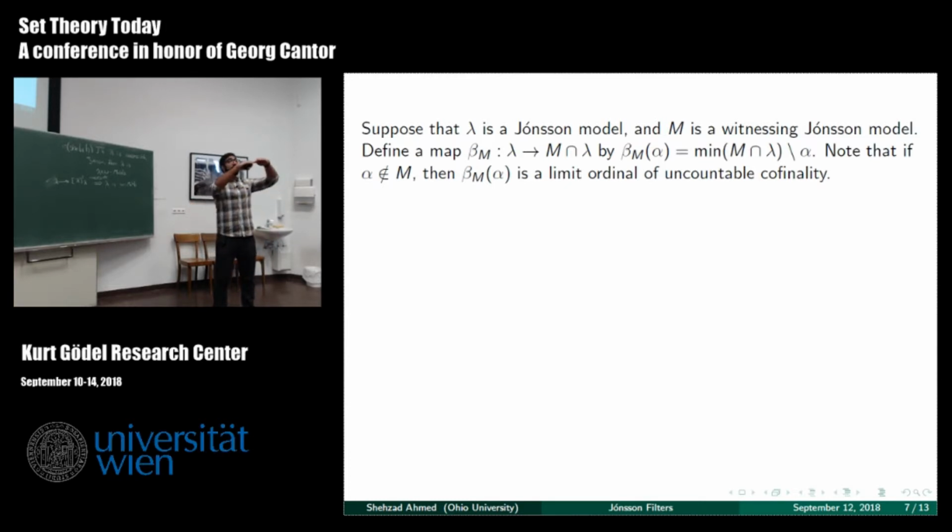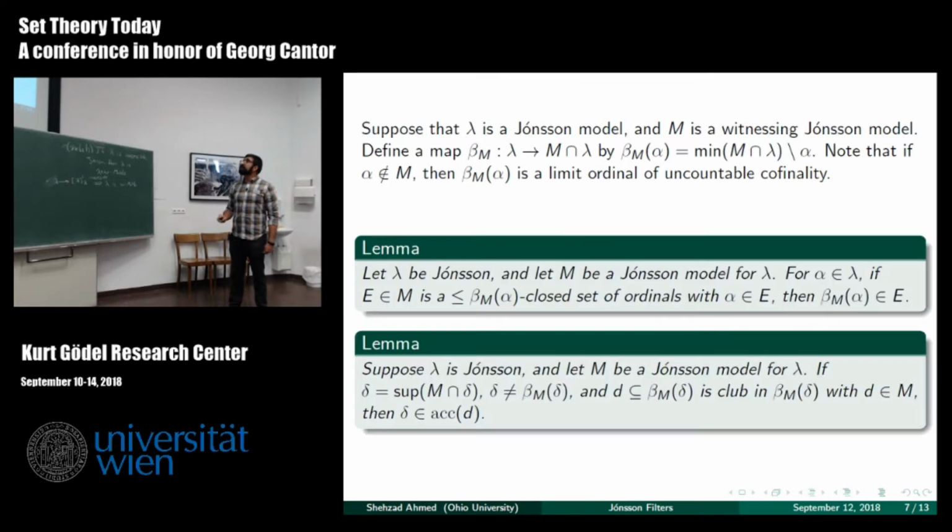So you have this gap here. M might see, let's say alpha is equal to sup of M intersect alpha, so it goes up to here, almost hits alpha, then there's this large gap in M, and that's what we're going to try to exploit. The wonderful part about these ordinals beta M is that they have what I call club indiscernibility, that might not be the best term, but basically M has a hard time telling the difference, whenever I have clubs, between alpha and beta M alpha, even when alpha is not inside M.